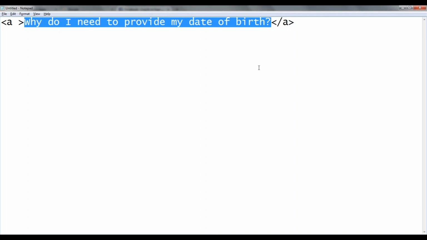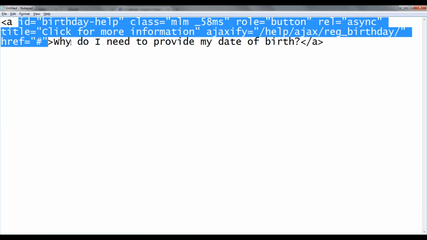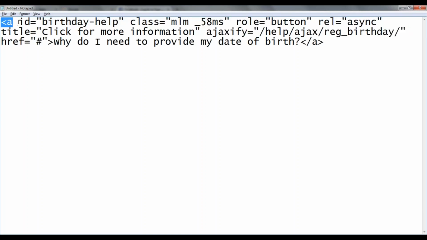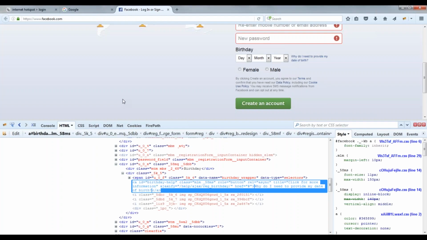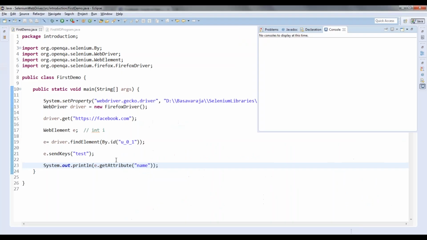You understand this? Between the opening and closing element tag, if I have any text, that is inner text. In the opening tag, if I have some attributes, they are called attributes, and I will get the value of that attribute using the get attribute method.